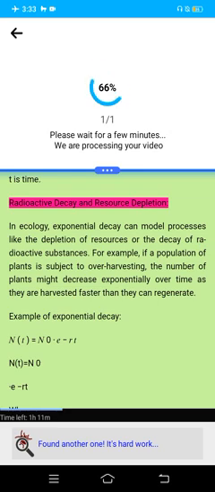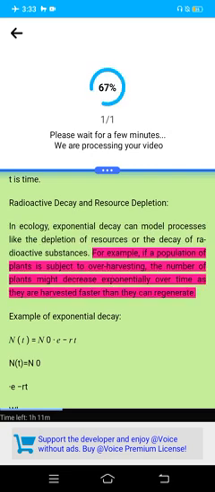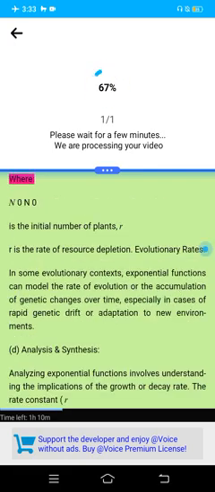Radioactive decay and resource depletion. In ecology, exponential decay can model processes like the depletion of resources or the decay of radioactive substances. For example, if a population of plants is subject to overharvesting, the number of plants might decrease exponentially over time as they are harvested faster than they can regenerate. Example of exponential decay: Nt = N0 · e^(-rt), where N0 is the initial number of plants,